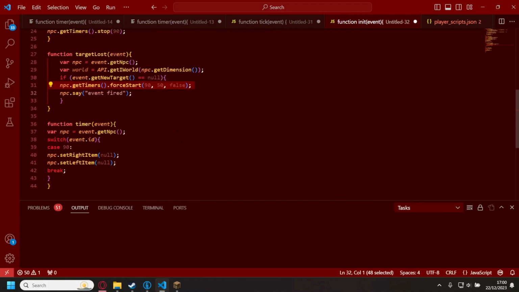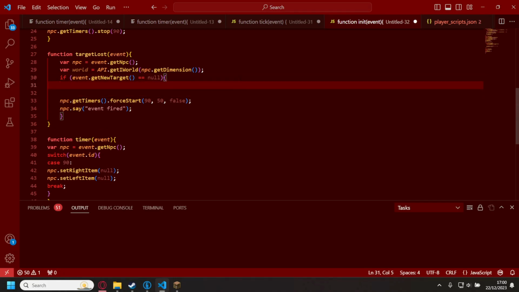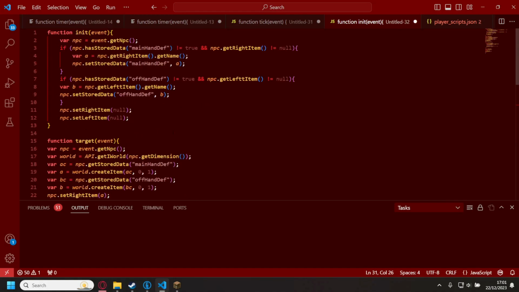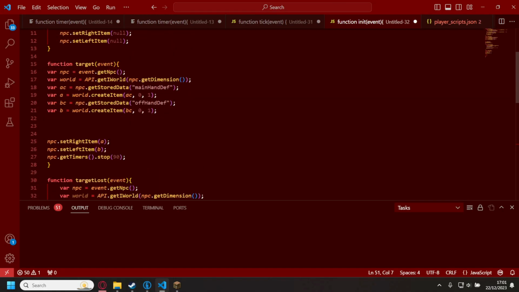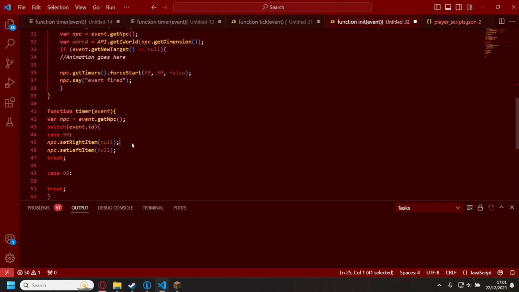Let's mark it out real quick. Animation goes here, and case. I'm putting it as such high cases because I don't want anything to overlap. I'm just gonna real quick make it so